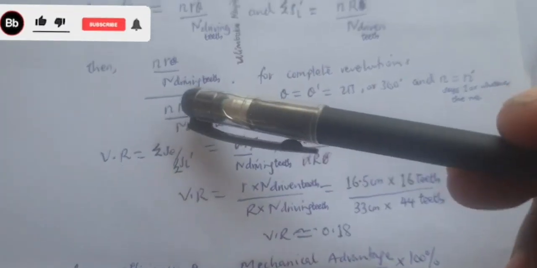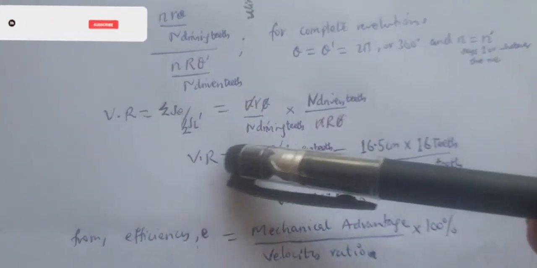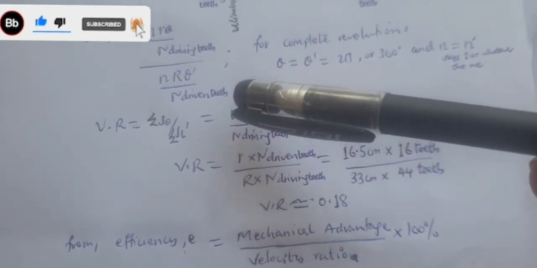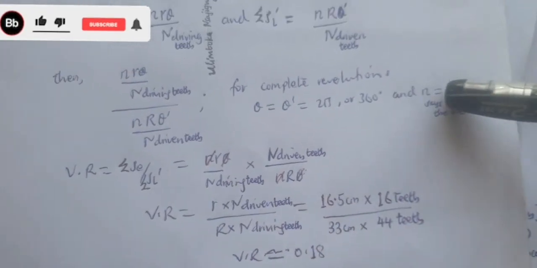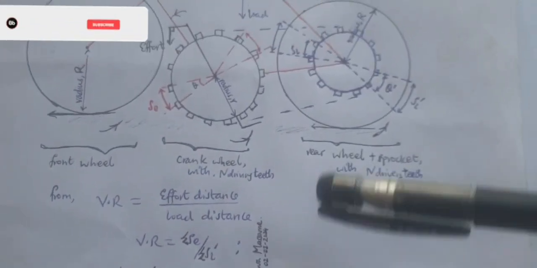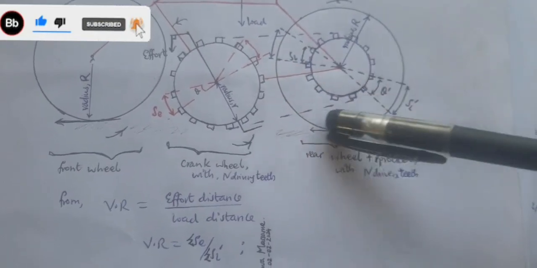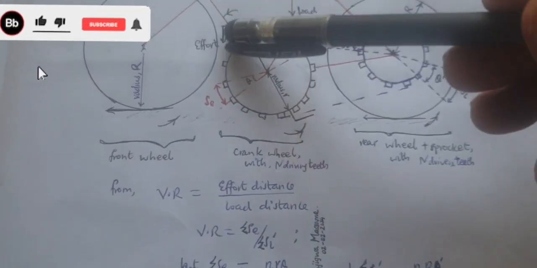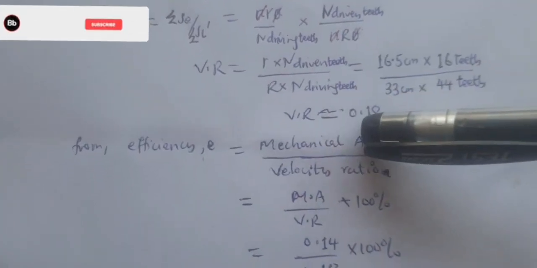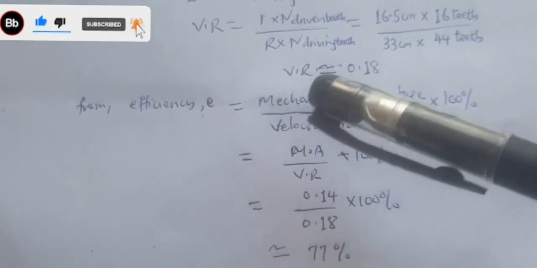Then we just substitute these expressions into the velocity ratio equation. Then the equation becomes, as you can see below, the number of revolutions cancel out, as long as the chain connects the rear sprocket and the crank wheel, the number of revolutions will remain the same, but the displacement covered by this rear wheel is bigger compared to the displacement covered by the crank wheel. Then we get a velocity ratio of approximately 0.18,